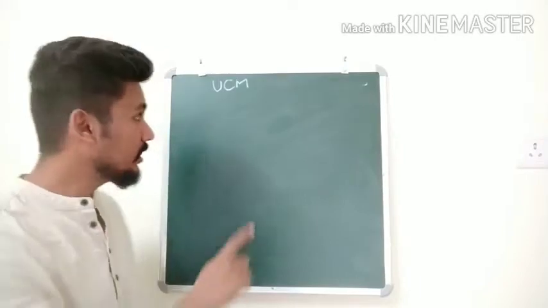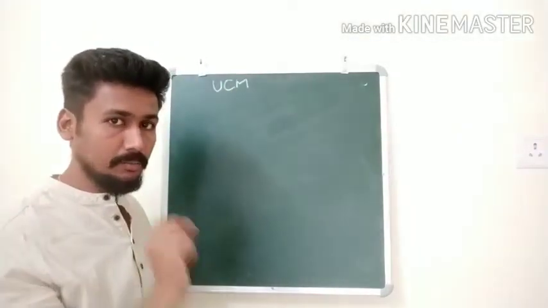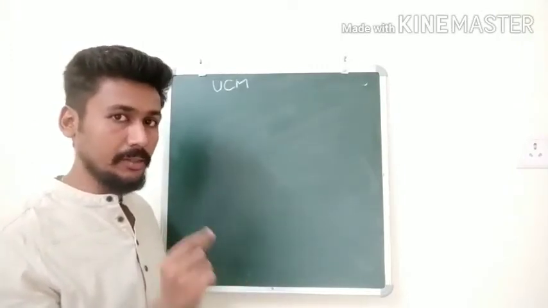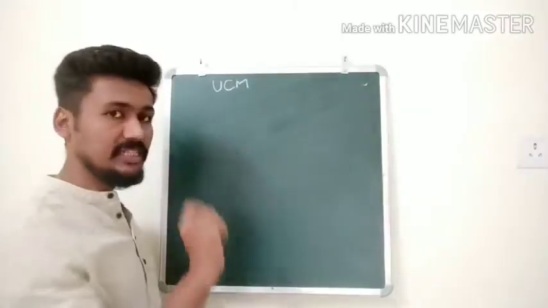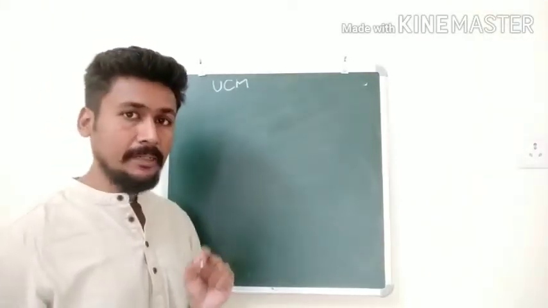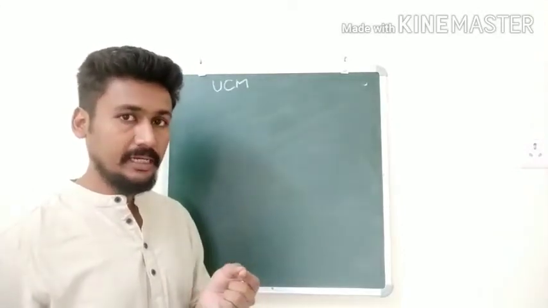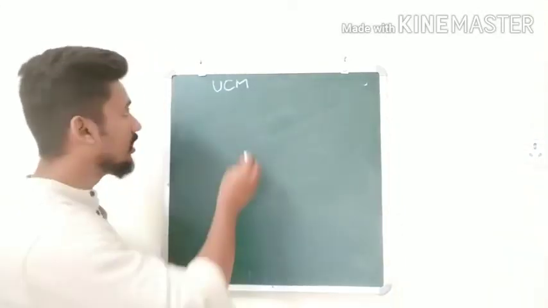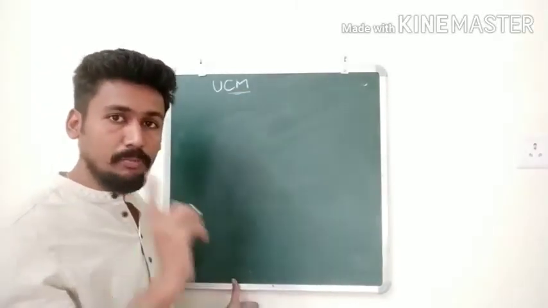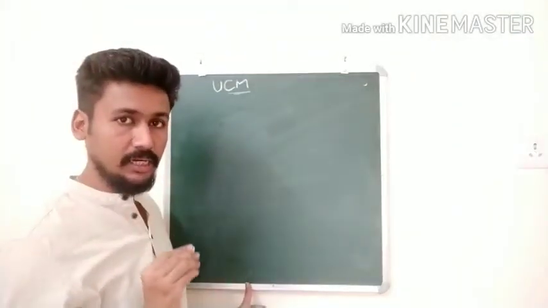Okay, so we start with UCM. UCM stands for Uniform Circular Motion. Now, whenever you are seeing the word uniform, I am sure you remember by now, uniform will stand for some kind of constant. So, when we say uniform circular motion, this will be a motion in which you will be having constant speed. But then what is the meaning? Let us see. First, we talk about CM, that is circular motion. So, motion of an object in a circular path, that we will call a circular motion.